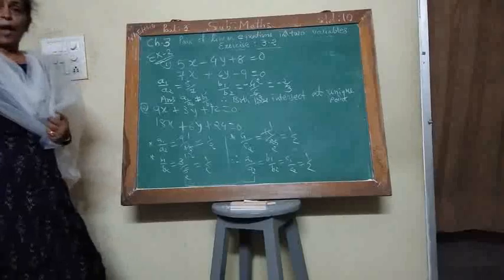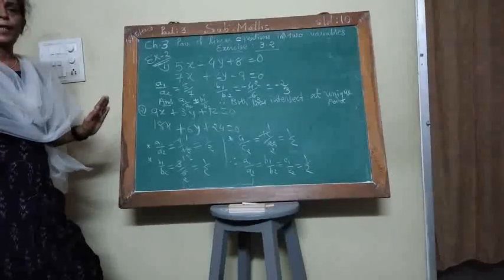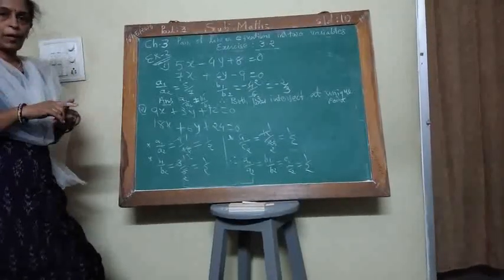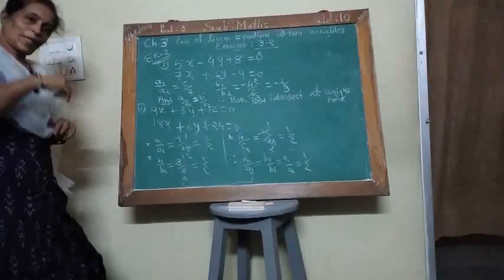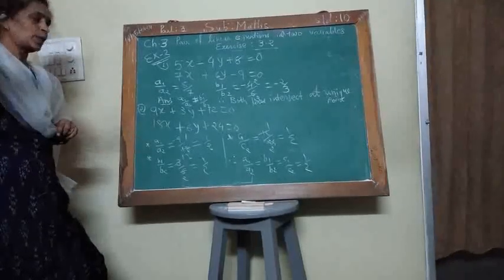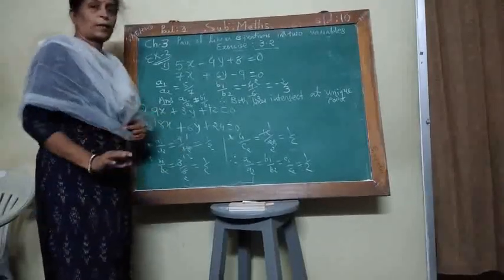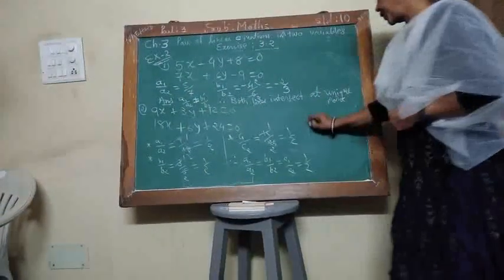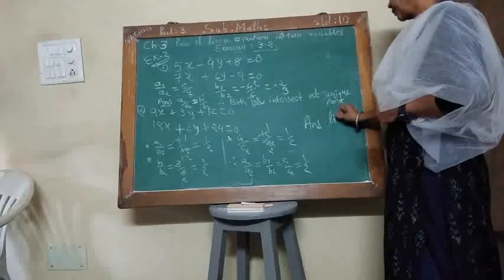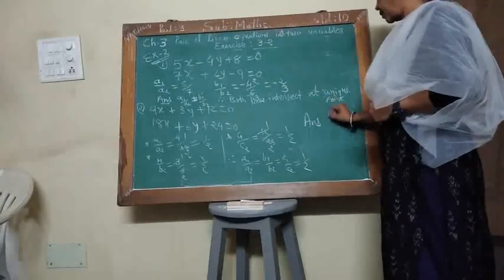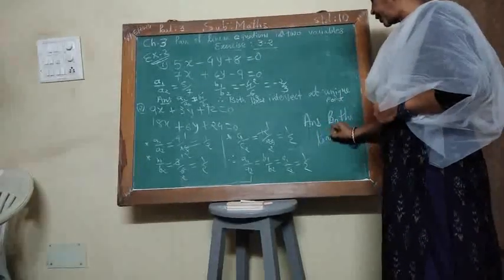And therefore we can say, without drawing a graph, that both lines are coincident. If you make the table, then you get all the points on one line. So L1 is also this line, L2 is also this line. So you obtain coincident lines. The answer is: the lines are coincident. Since the ratios are equal, both lines are coincident.